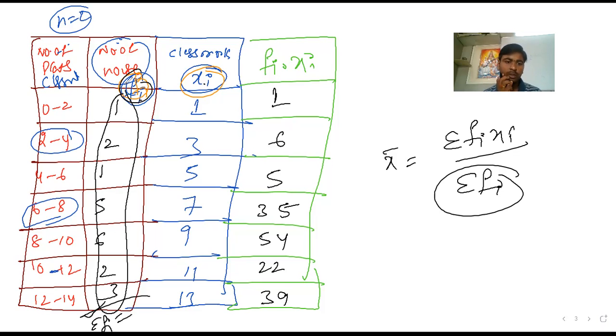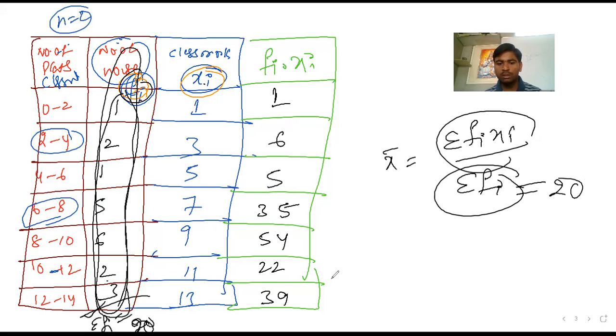So 1 plus 2 plus 1 plus 5 plus 6 plus 2 plus 3. Overall, the answer is 3 plus 2, 5, 6, 11, 11 plus 5, 16, 17, then plus 3, you are going to get 20. Sigma fi answer is 20. You got the sigma fi value from this summation. We are going to write the answer, sigma fi.